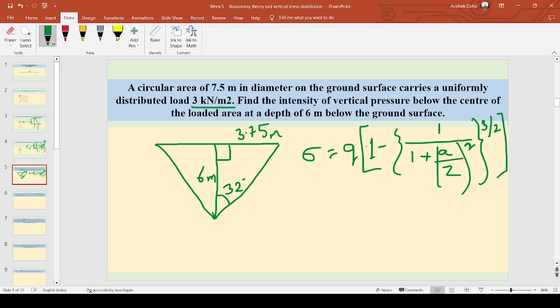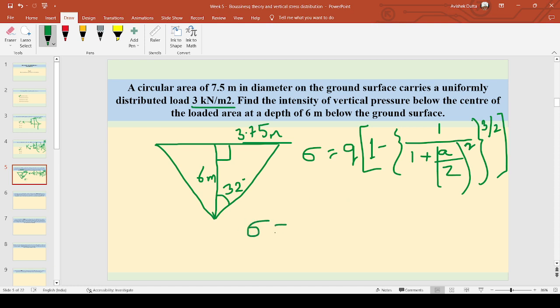Now we place q equals 3 and a, the radius, as 3.75 meter. And what is the value of z? 6 meter. We can solve this question using this formula,